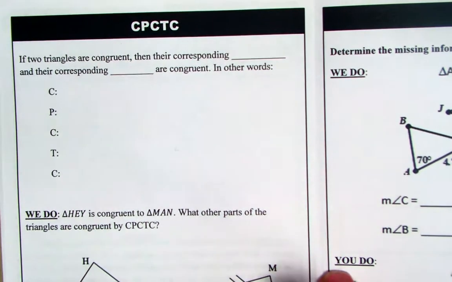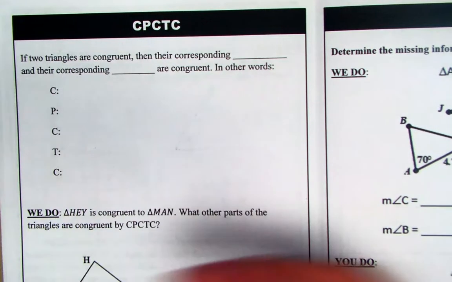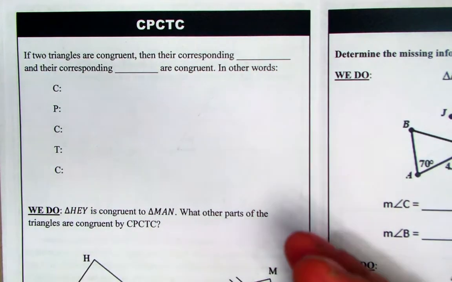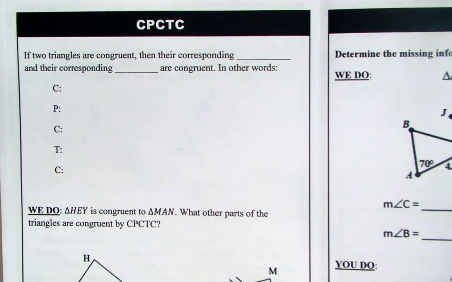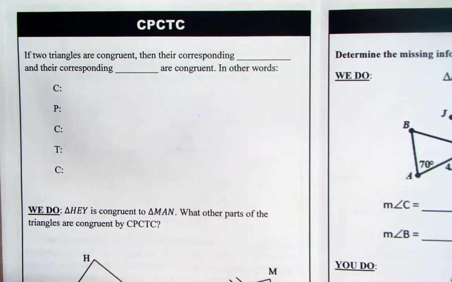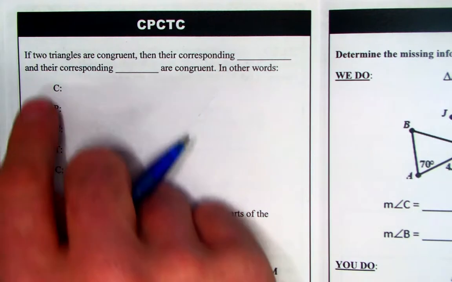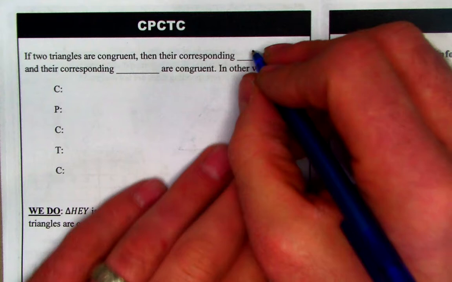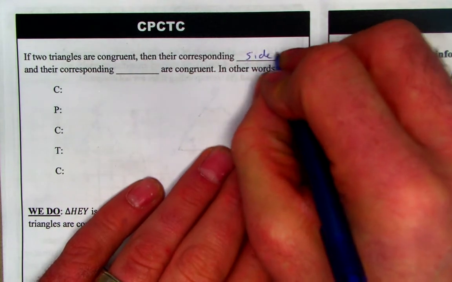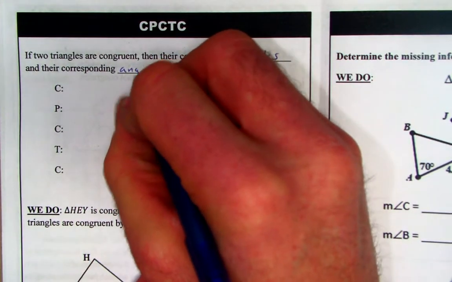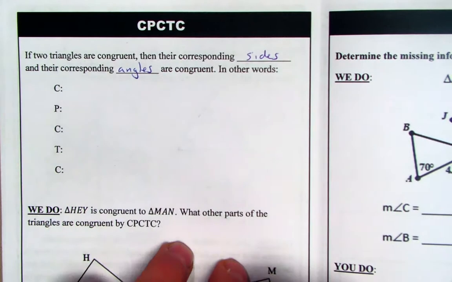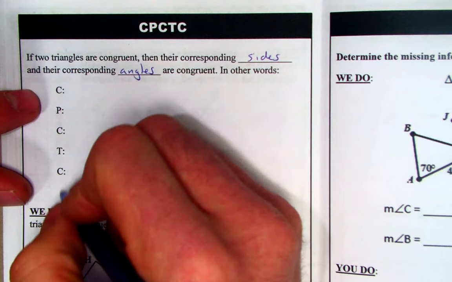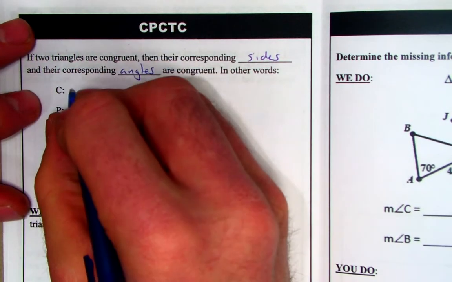All right, so next, CPCTC. We did this in class as well, and it's just a phrase that we can use when you're asked, why are parts of congruent triangles congruent? Well, because of CPCTC, basically by the definition of congruence. If two triangles are congruent, then their corresponding sides and angles are congruent. But instead of phrasing it like that, we can just use the phrase CPCTC, which means